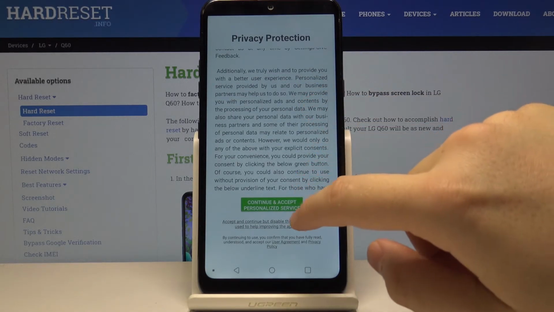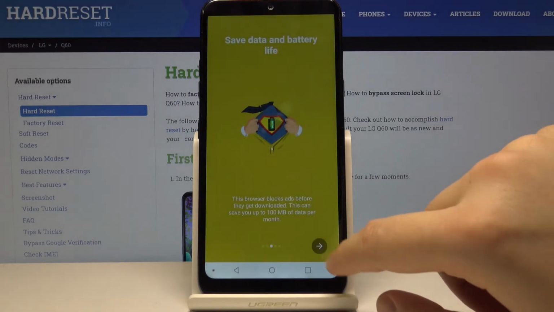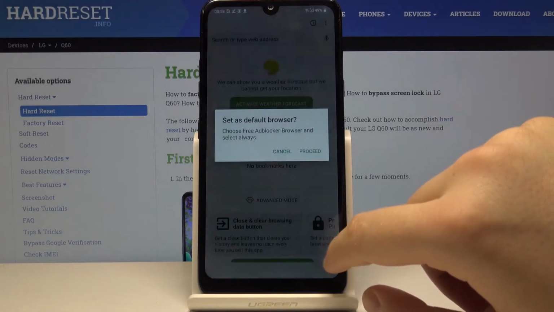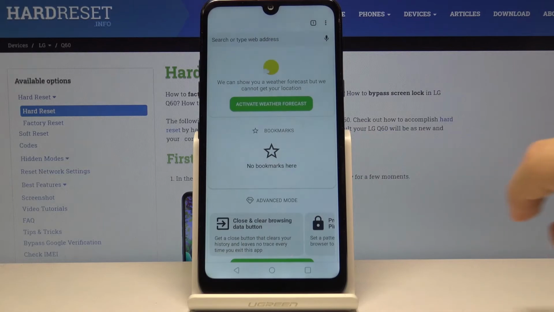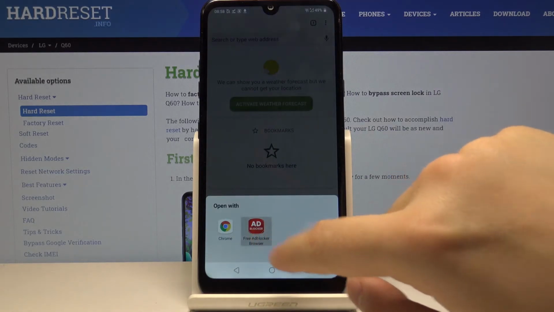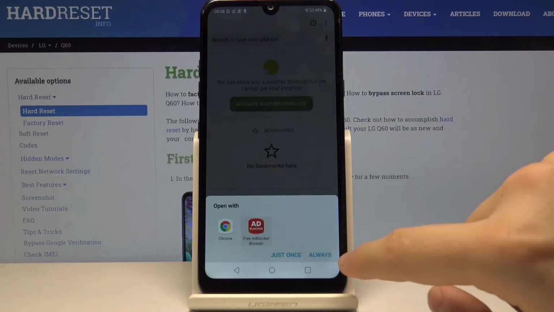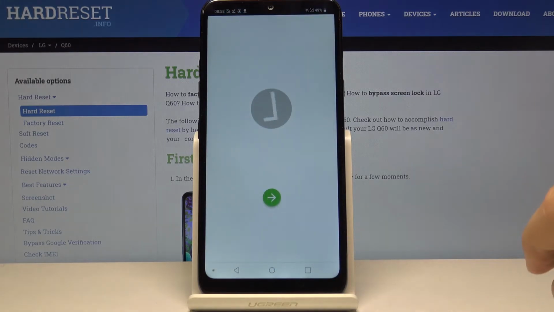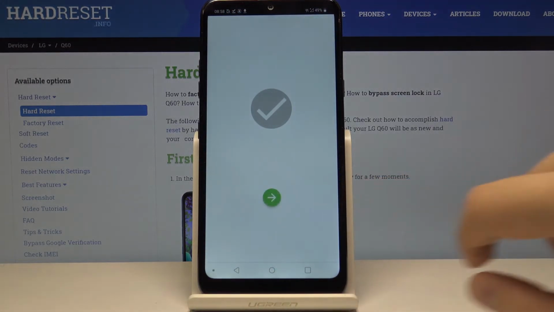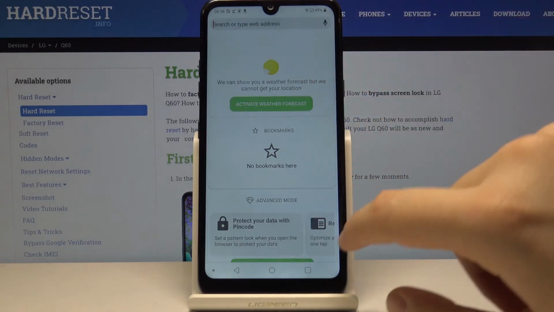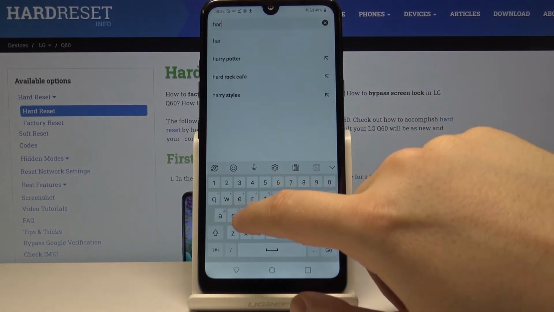Now we have to accept the service, use this marker to go next, click on the proceed, open with free AdBlock browser as always. Click on this arrow, and now when we go on our website